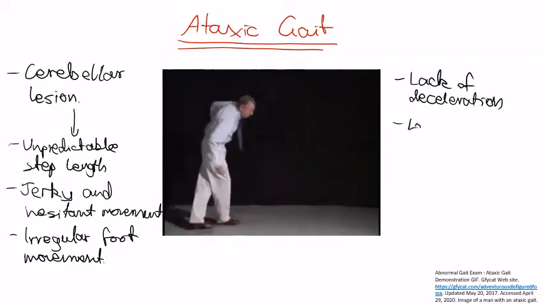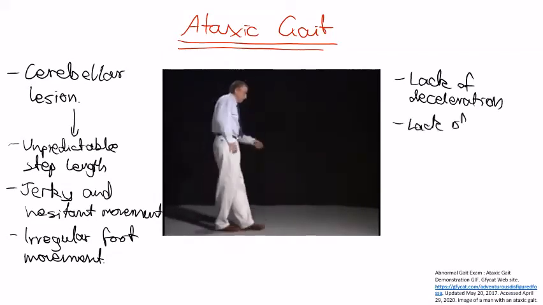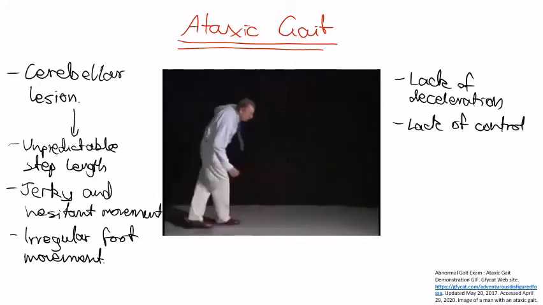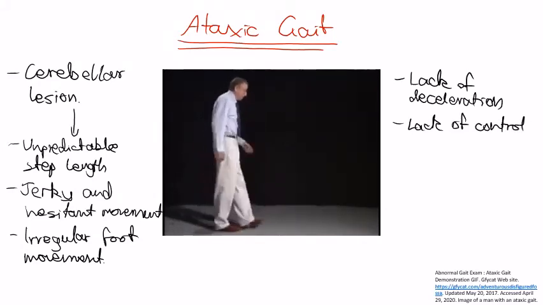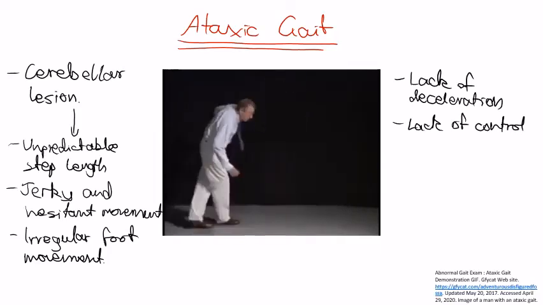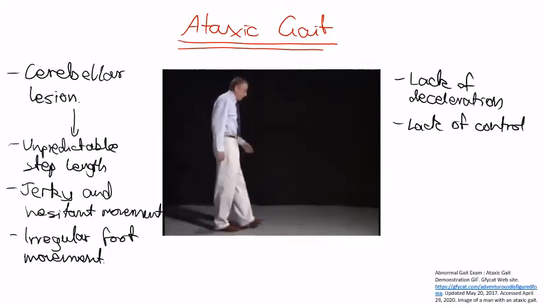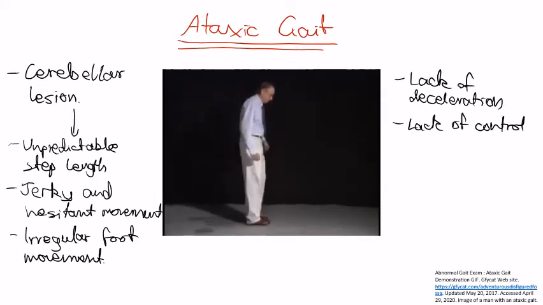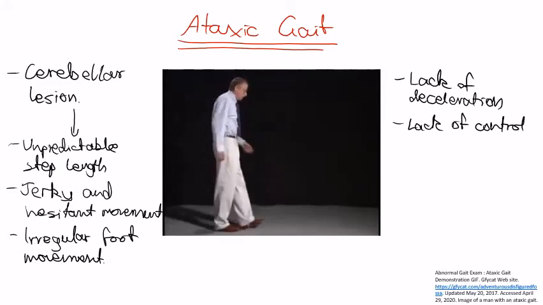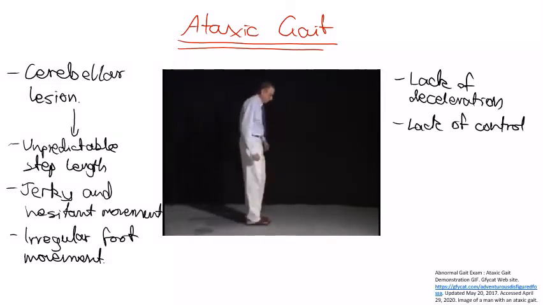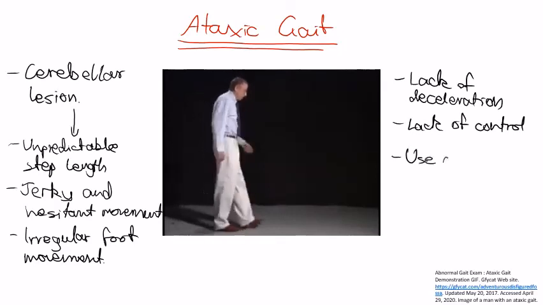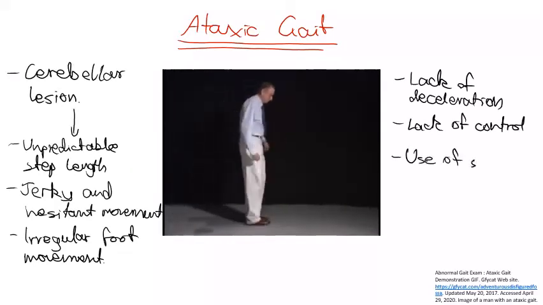And there's a lack of trunk control, because if you aren't able to properly control your balance, then it's likely that you're unable to properly control your trunk muscles, which means that the trunk is affected as well. Now, this leads to people with ataxic gaits usually using support. So this may be in the form of a walker,